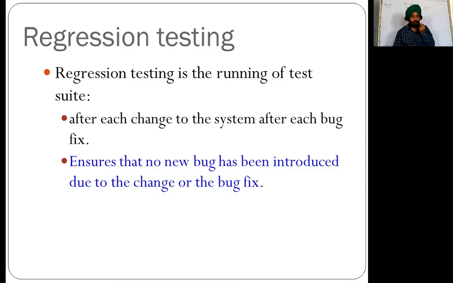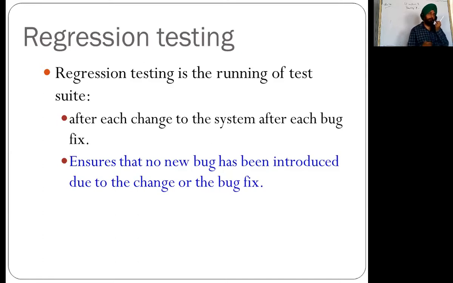Then we had white box testing, where the internal structure of your code or system is tested. It was further divided into two parts: fault based and coverage based. In coverage based, we did statement coverage, branch coverage, condition coverage, and we also did the CFG, the control flow graph, and how to find the number of independent paths. There was a formula about that. One more formula you have to see in the slides that I posted in your ERP.